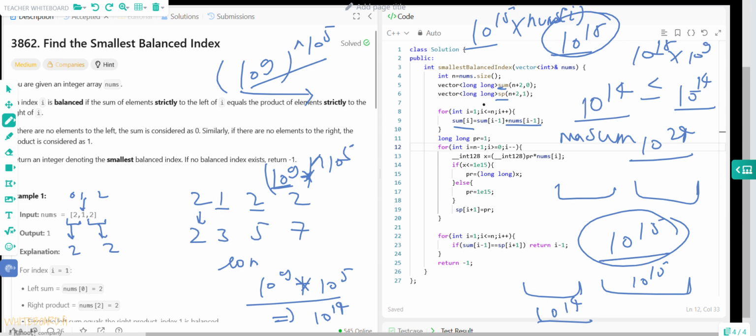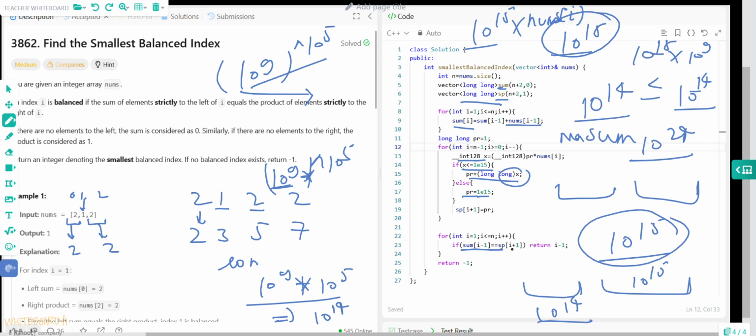Either we can use a bigger data structure, or we can just check if that value is greater than the limit, then we will re-initialize that value to the limit, or if that value is less than the limit, then we will use that value.